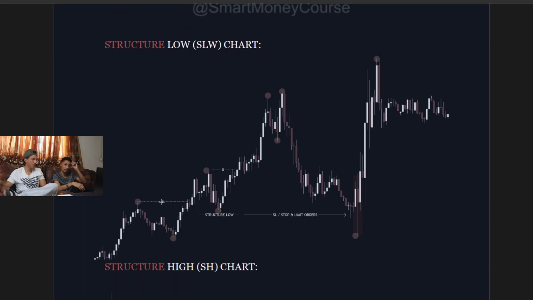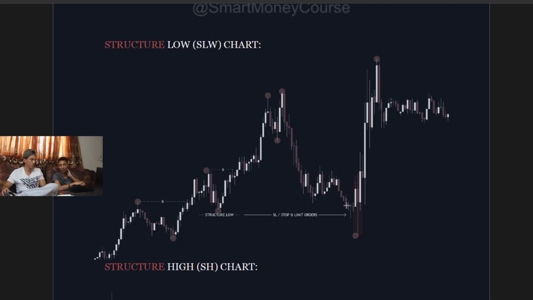The examples now. Yeah, you have your BOS, your BOS. Here you have your structure low. So if you had to do it like here, you have your high, high, low. This is when you identify your market structure first. And then once it comes, this is kind of a complex pullback in this regard, and then basically test